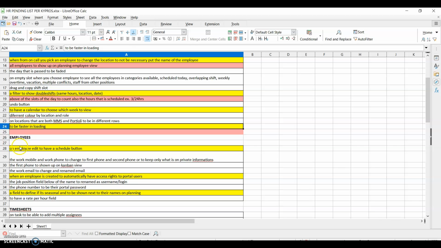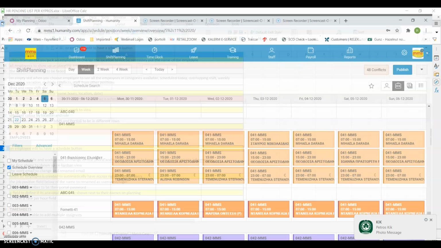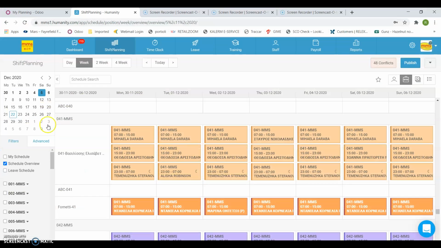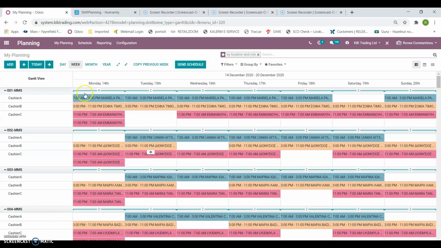Now we go to the employee section. On employee edit, to have a schedule button. So when I go to the employee,